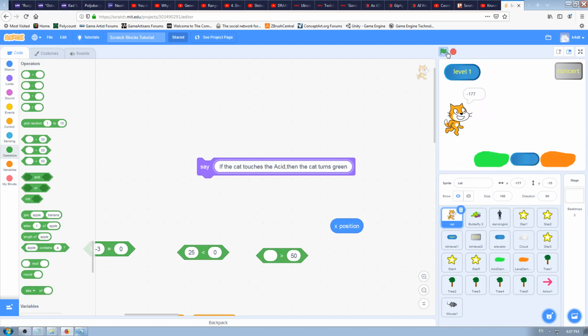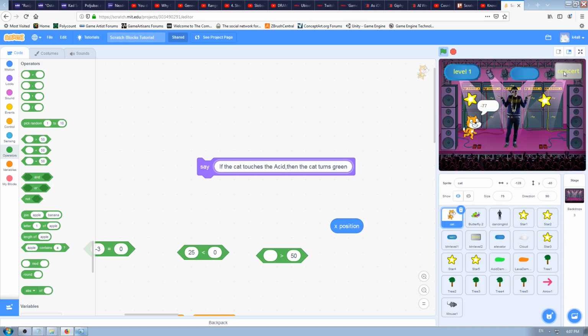Let's start the game. Let's play a little bit around left and right. Okay, then I click on the concert button and I'm on the concert. That works fine, a little bit laggy because of my computer, but it works okay. But the problem is when I